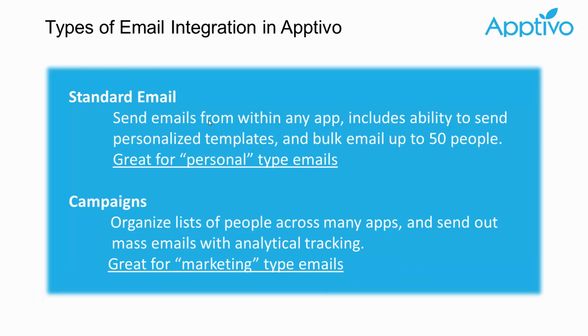But let's talk a little bit about campaigns versus standard emails, because this is key. So for quite some time, Apptivo has allowed you to go and grab a contact or a lead and send an email. And we can form email templates. These are nice HTML email templates, full flexibility, and you can personalize them. So when I'm building a template, I can go include variables where I can personalize it with hi first name or put their business name or any other field data that you store in Apptivo